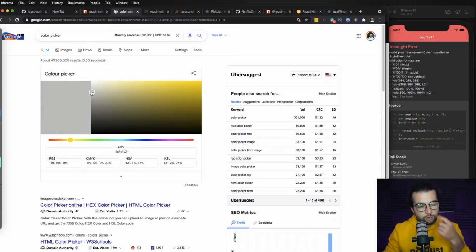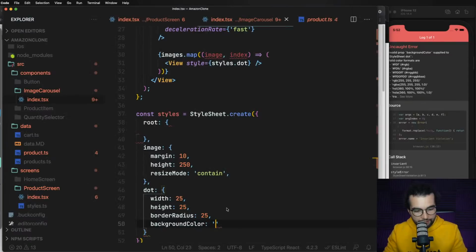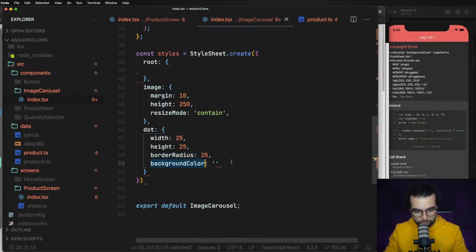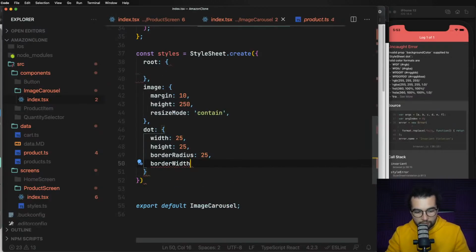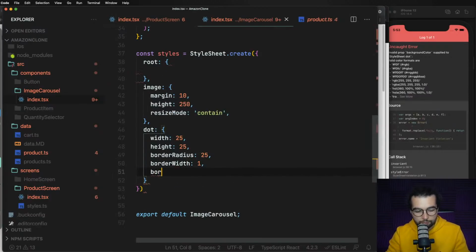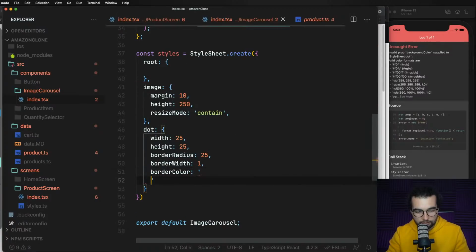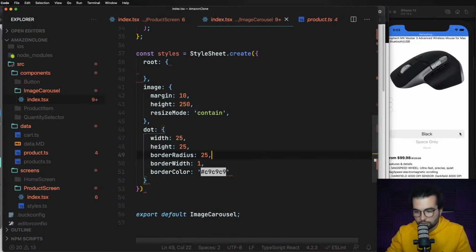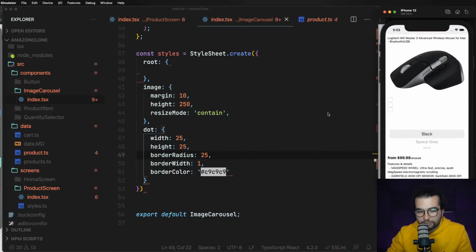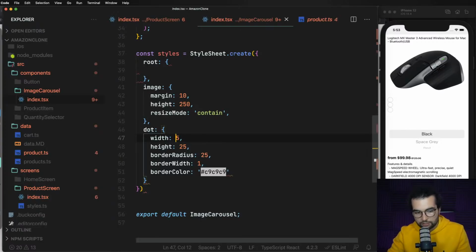Oh, but no. Okay, so we're gonna work with this gray. So it's not gonna be background color, it's gonna be border width 1 and border color gray. Yeah, they're here. 25 is too much. 10